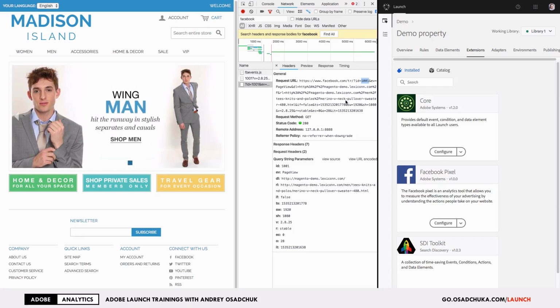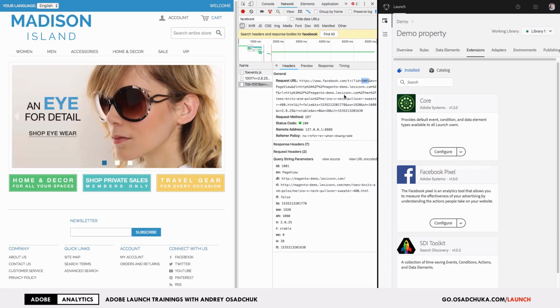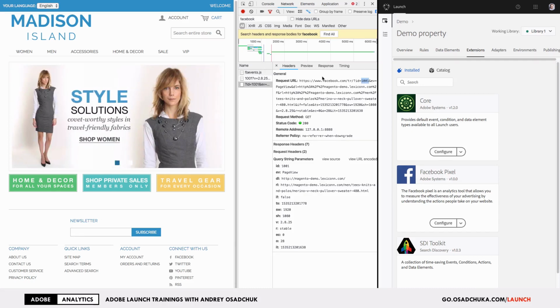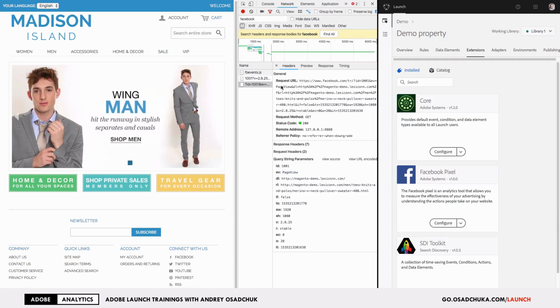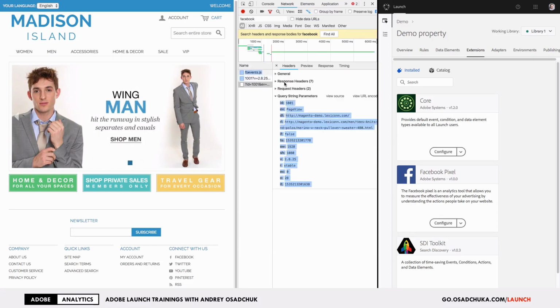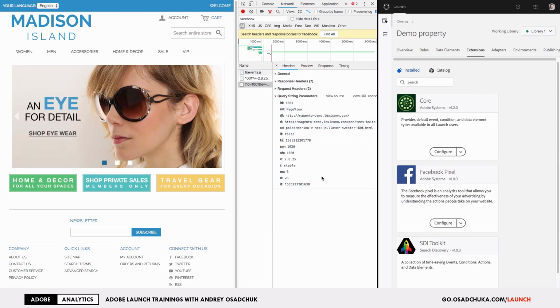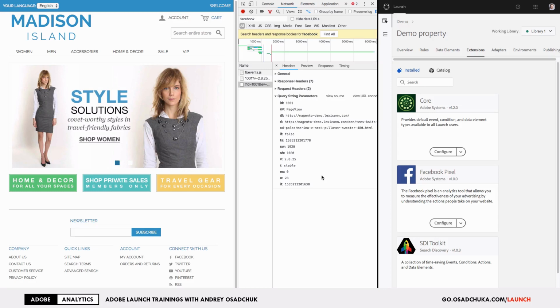and this was just for the demonstration that you always need to test your implementation to make sure that it's working as expected. So now we have the ID that we wanted to use for this Facebook pixel, and we also have the page view event. So now everything seems to be working fine,